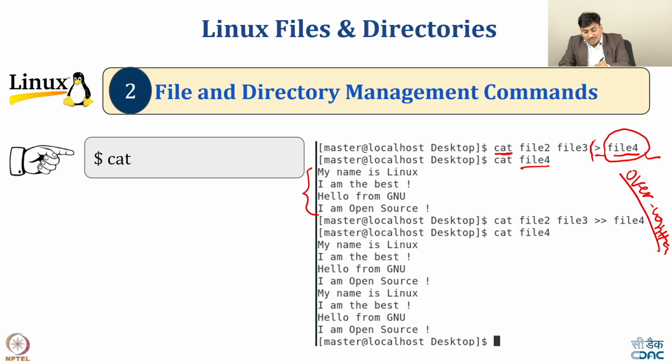So if we pass only a single parameter like this, it will overwrite the earlier content of that file and create a fresh file with that name. But there may be a scenario where I do not want to overwrite the content, rather I want to append the content. In that case, I pass two redirection parameters instead of one. The same command, I just change this one, instead of one I redirect